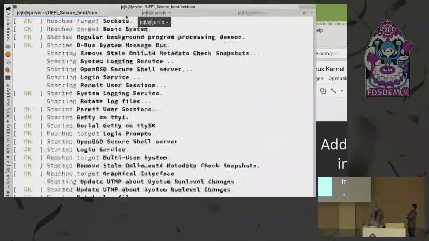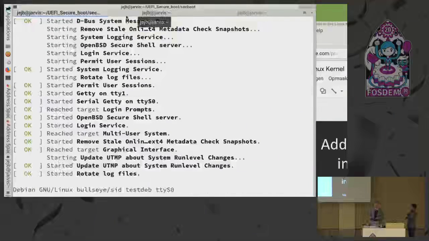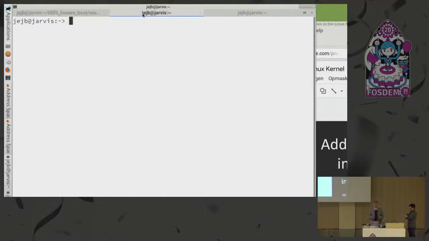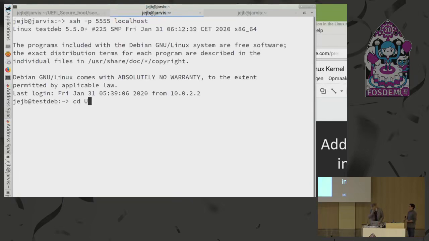And we're going to try twice to poke at the memory of what should be a container, but in order to convince you that this works generally, I'm just going to do an ordinary process and prove that we can actually extract its secrets. So if I just log into this system,